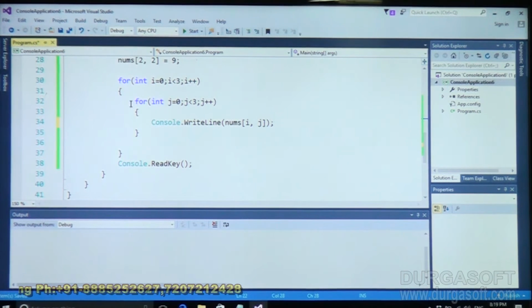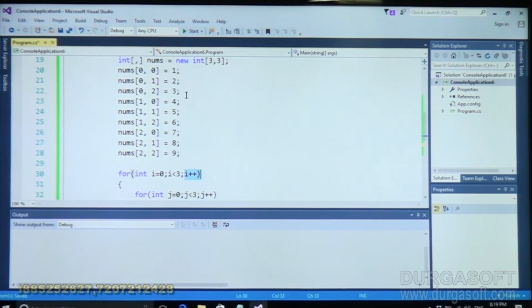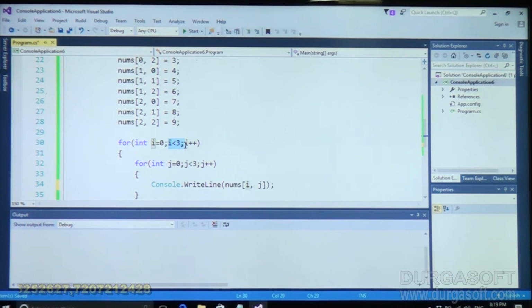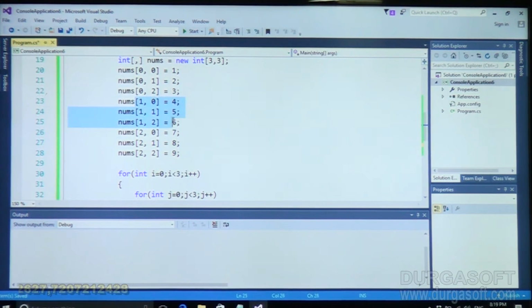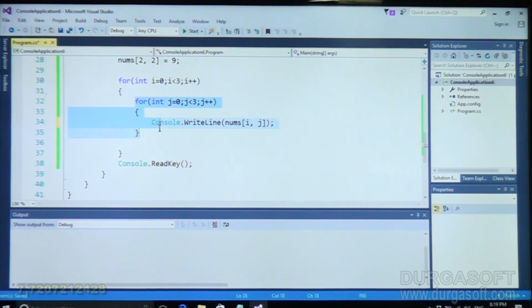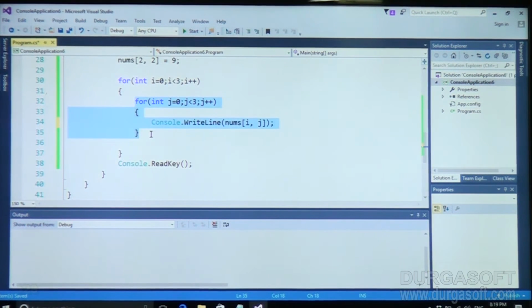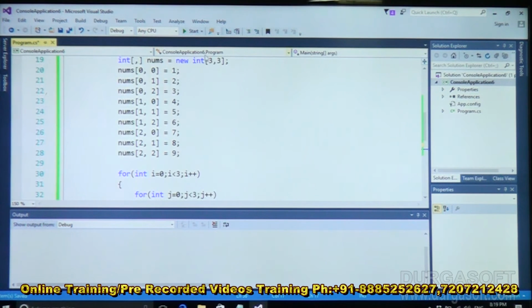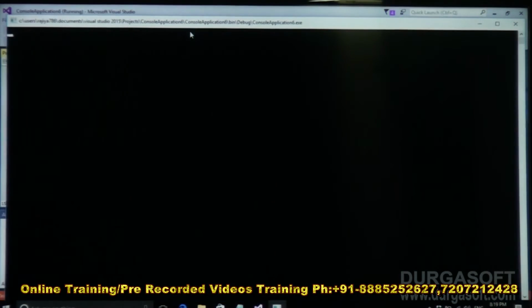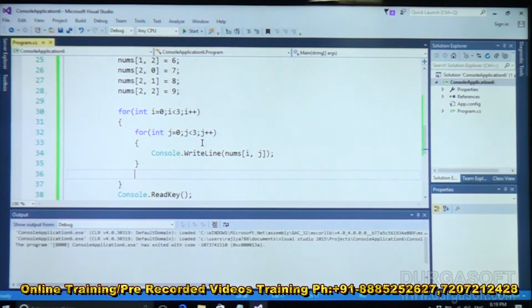Next, when the condition is false, this for loop is over, then it will go to the upper side, i will be incremented. This time i value 1, this same procedure will repeat again inside here. Next time i will be incremented, next time this procedure is again repeated here. So now observe the output, all those values are printed, but I want these values